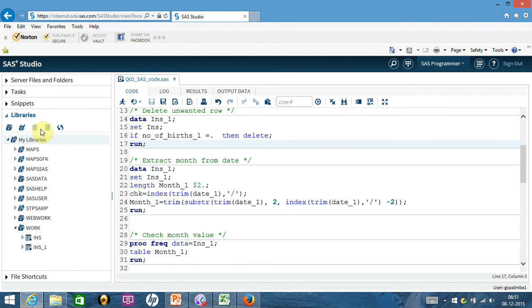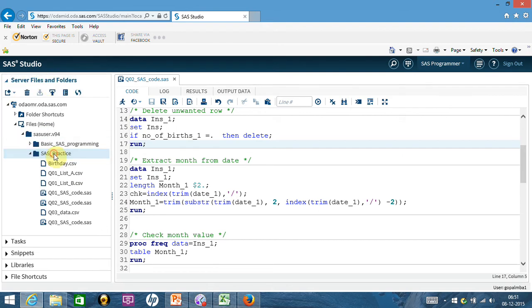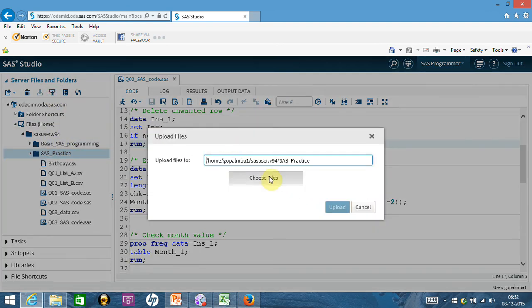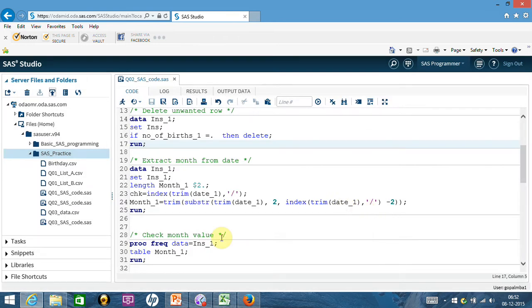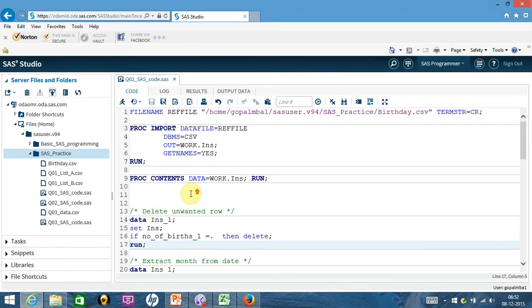Then I went to this library, this place, selected this, and using this upload button, when you click on it, it will ask you to choose the file. I chose the file. Now, once the file has come into this SAS practice birthday.csv, you can see this CSV available, and using this proc import command,